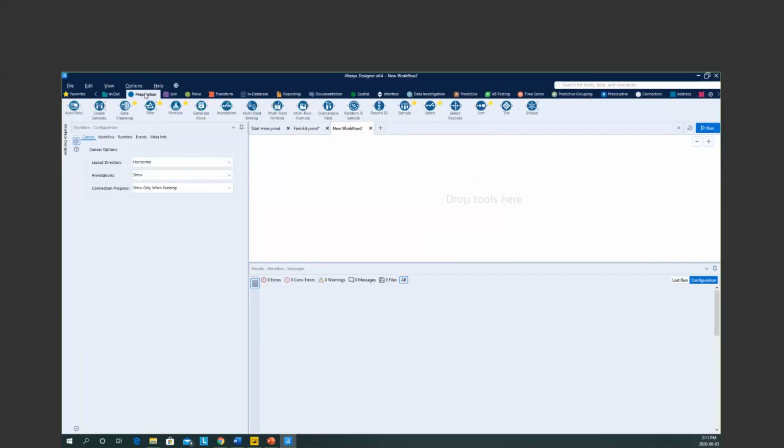We can prepare our data, which we'll be doing in this webinar. We'll be manipulating it, creating formulas, deselecting fields that we don't need. We can also join multiple data sources, union multiple data sources, all from different data types. So if I'm joining something from Excel and a SQL database or a shapefile from the web, this is a really good way to bring everything together and blend it all together before putting it in your